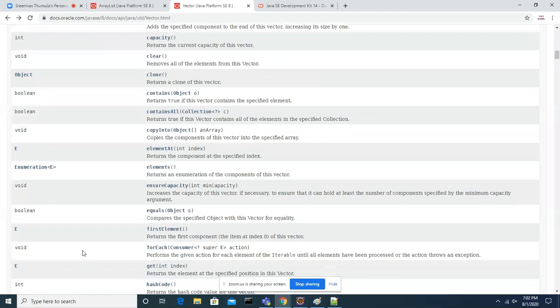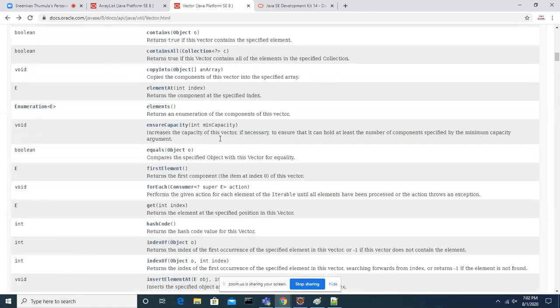To understand synchronized, I have to talk about multi-threading. For the time being, let's keep it on hold, because you won't understand it if I explain synchronized directly. Before going to that, let's complete Stack, guys.